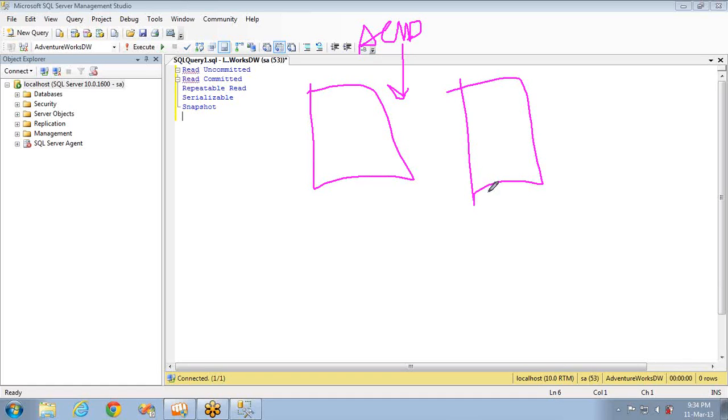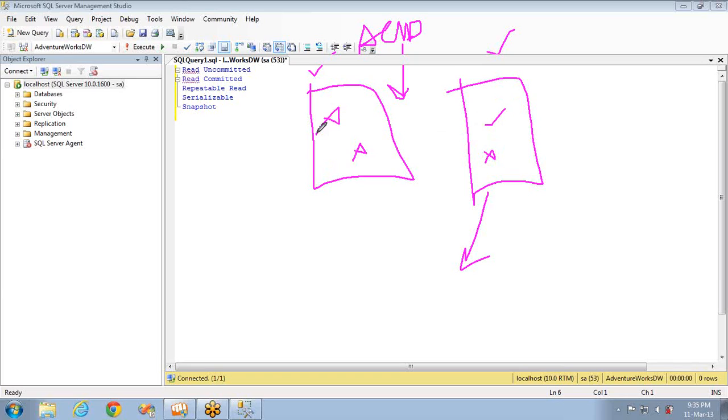So if this guy wants to be isolated, then the data that is being accessed by this guy will not be available for this guy. That is the problem, or else isolation would be a big advantage. If this is isolated and this is isolated, then there won't be any problem for deadlocks and all, if these two are really isolated and executing in two different kinds of blocks. The main problem comes with data availability. When this has become completely isolated, the data availability will be very poor for this.